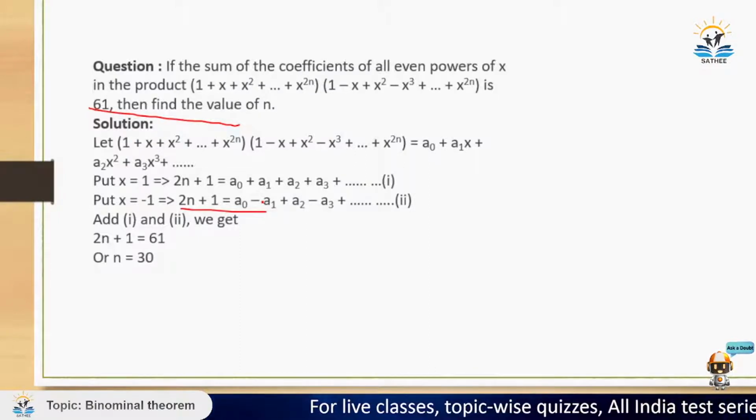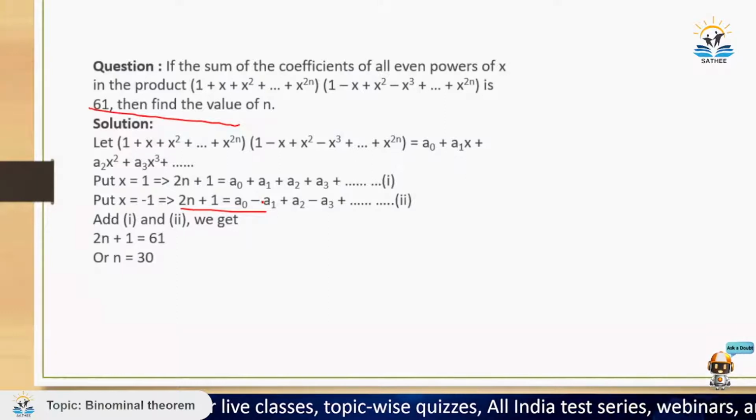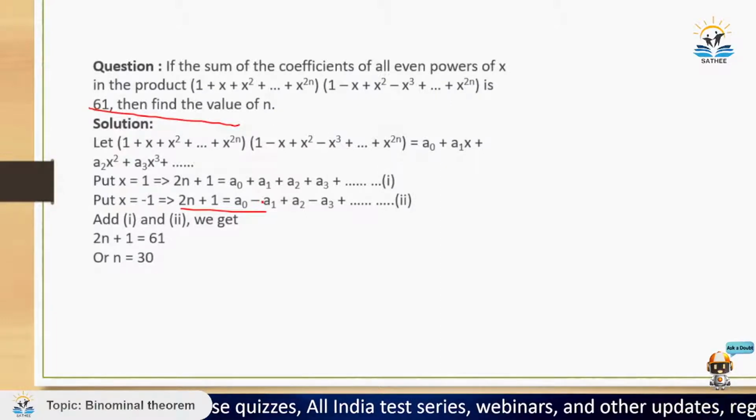मतलब यहाँ पे कैसे आया देखो, जब मैं x की वैल्यू 1 ले रहा हूँ और जब x की वैल्यू माइनस 1 ले रहा हूँ, तो दोनों को जब मैं मल्टीप्लाई करूंगा तब क्या होगा, जो मेरे टर्म्स होंगे वो कैंसिल हो जाएंगे। बेसिकली जब मैं x को 1 लूंगा तो मुझे सारे प्लस मिलेंगे, जब मैं x की वैल्यू माइनस 1 लूंगा तो मुझे अल्टरनेट प्लस माइनस 1 मिलेंगे। ठीक है,